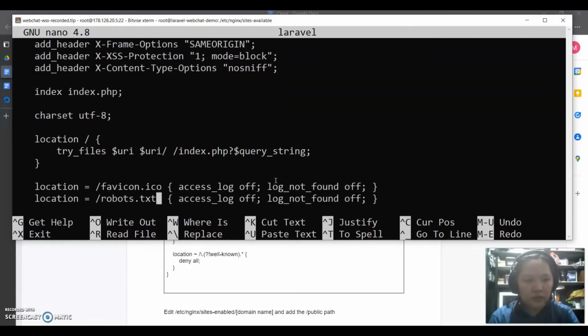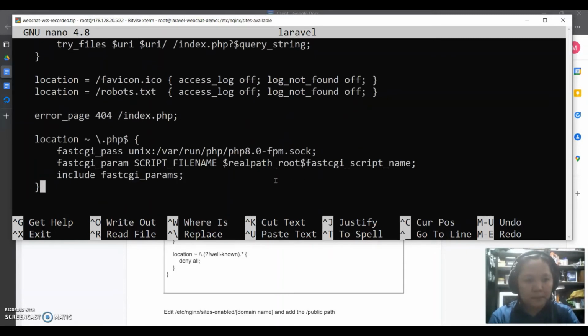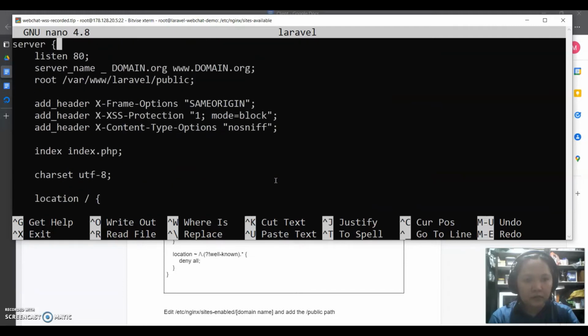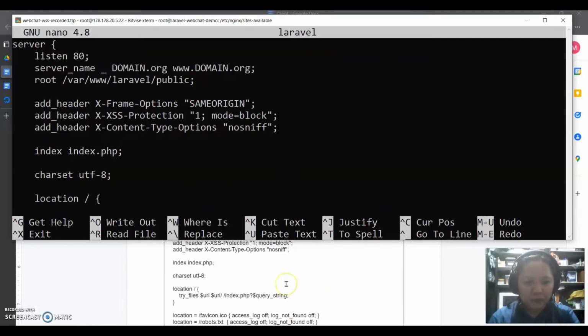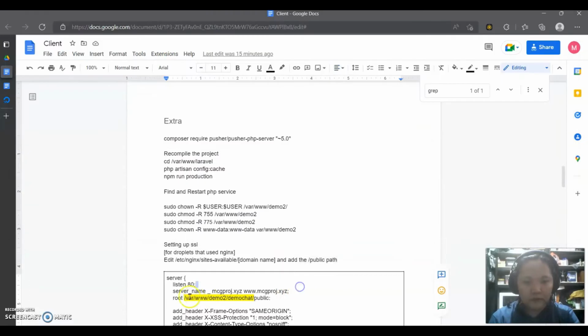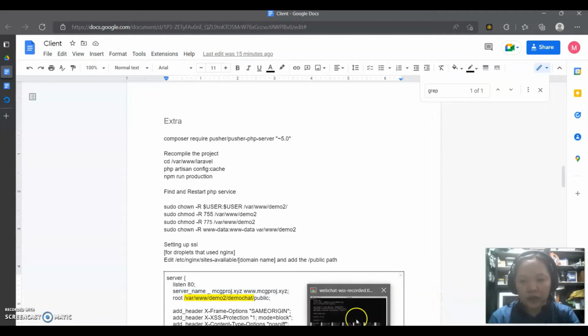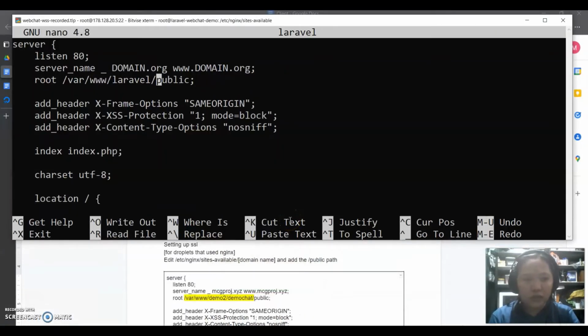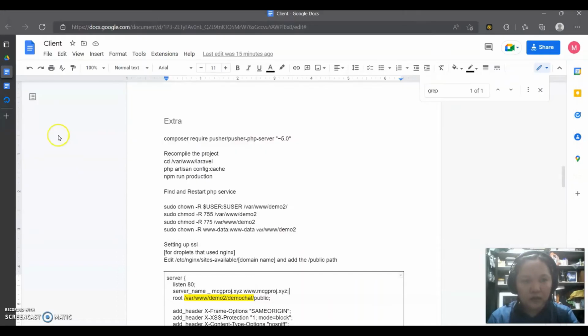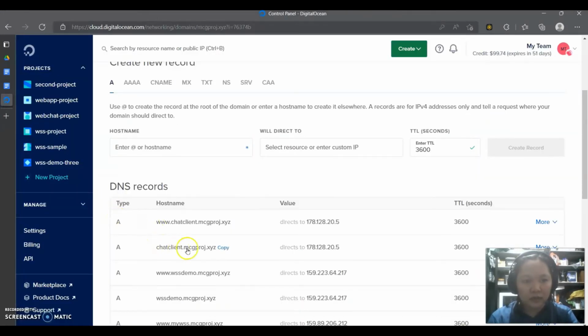Okay, let's review the content. Wait. Okay, so the server name should be here. It should depend on the name of our website. So let me erase this, because what I want from here is the chat client,